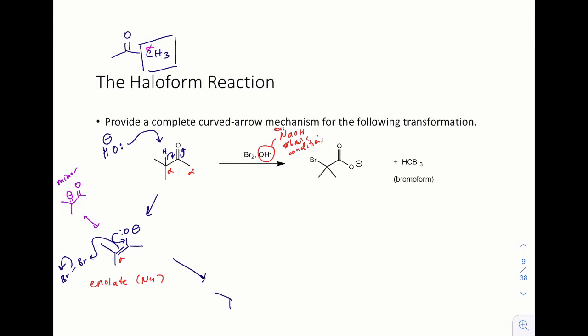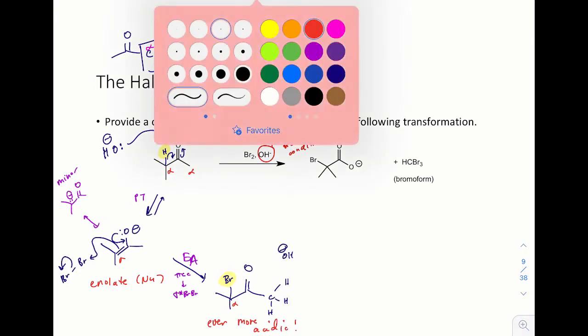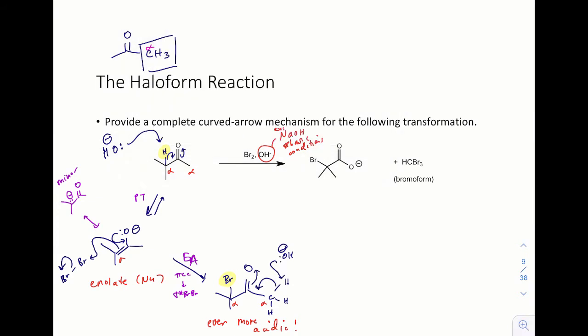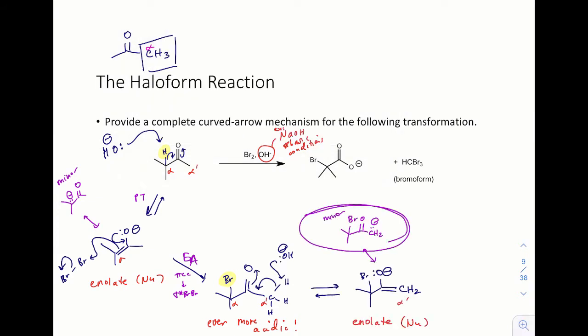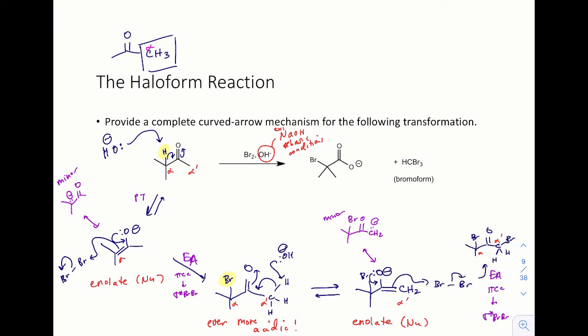carbon and bromine. The alpha brominated ketone is even more acidic than the starting ketone due to the effects of the electronegative bromine. So under basic conditions, the other alpha carbon is deprotonated as well. This proton transfer reaction generates another enolate. Keeping in mind the minor resonance structure of this enolate, we know that the alpha prime carbon will be nucleophilic. The strong carbonyl CO double bond is reformed and the alpha carbon reacts with electrophilic molecular bromine once again, generating